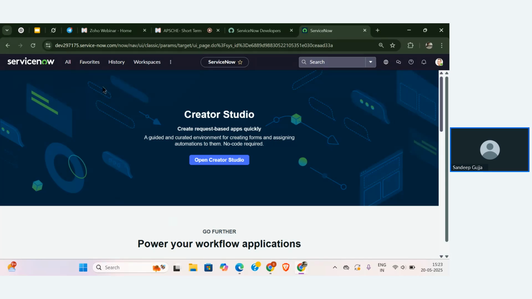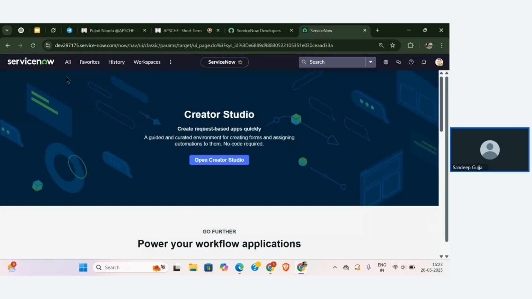And the top thing that you're seeing, we can see one bar right here. This bar contains the ServiceNow logo, favorites, history, workspace, and in the middle you are going to see the search bar and everything else. On the top, that bar we call the banner. So please make a note of this, guys. This is very important. The top thing that you see on the page we call the banner, and the thing that you see at the bottom we call the content frame.